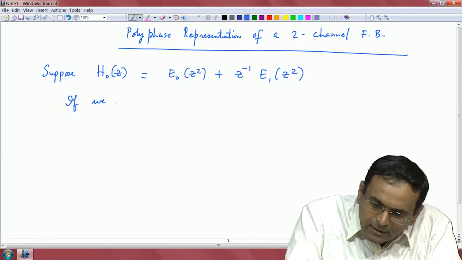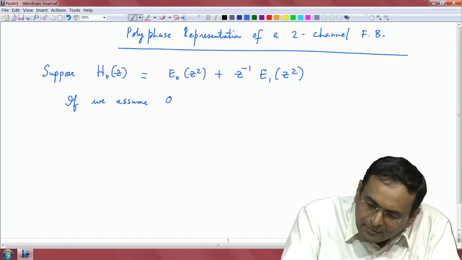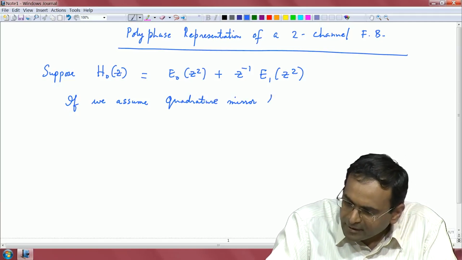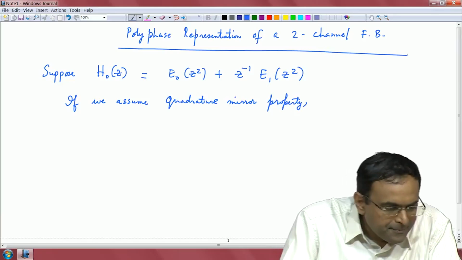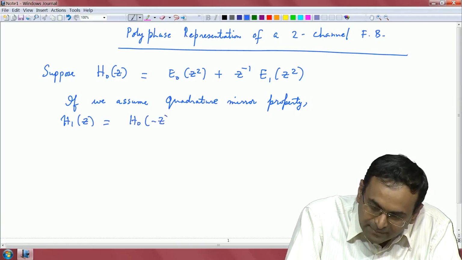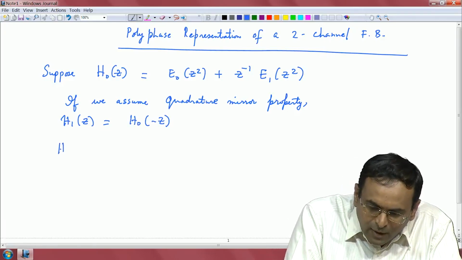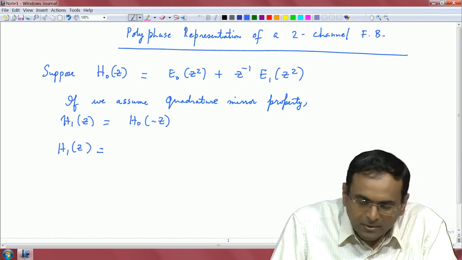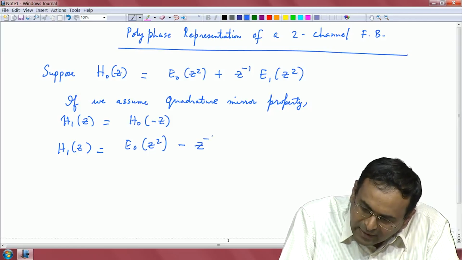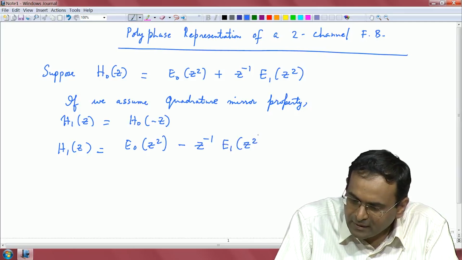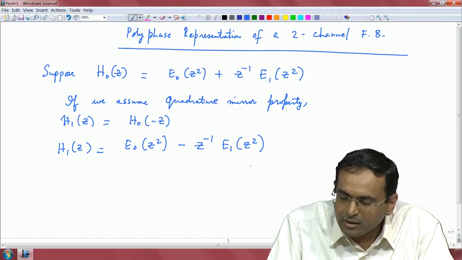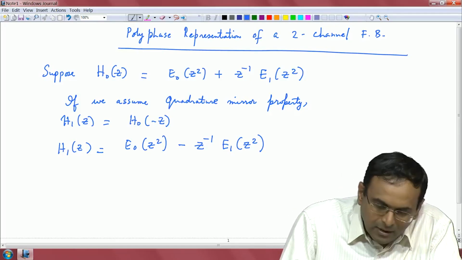If we assume the quadrature mirror property, then H1 of z is basically H naught of minus z. So, I can write H1 of z in terms of polyphase representation as E naught of z square minus a delay with E1 of z square. Right. I am just replacing z with minus z in H naught, right, and that is a polyphase representation for the filter H1. So, now I can stack